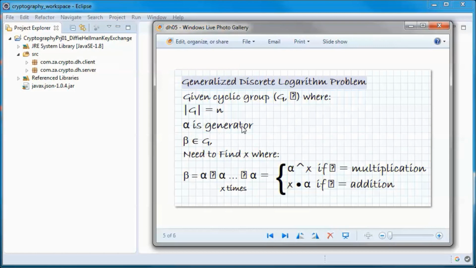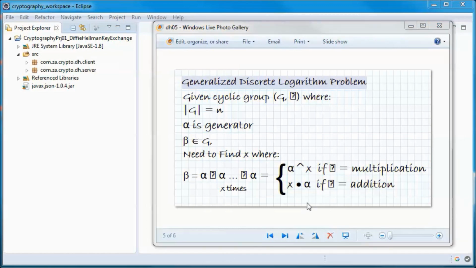So alpha is a generator and beta is in G, and we need to find x, where beta is equal to alpha, operated x times. If we have multiplication, it would be alpha to the power of x, and if we have addition, it will be x times alpha. And addition is what we use with elliptic curves.